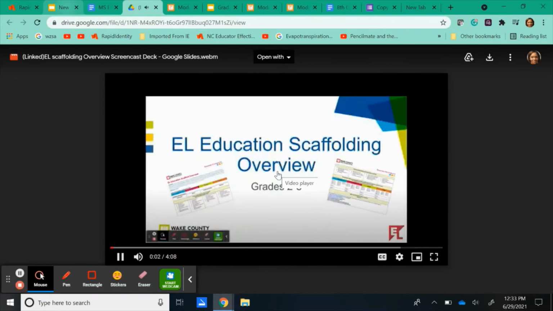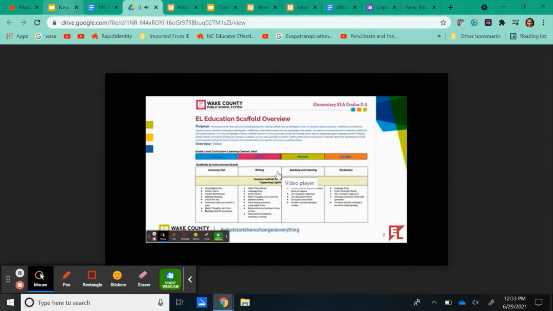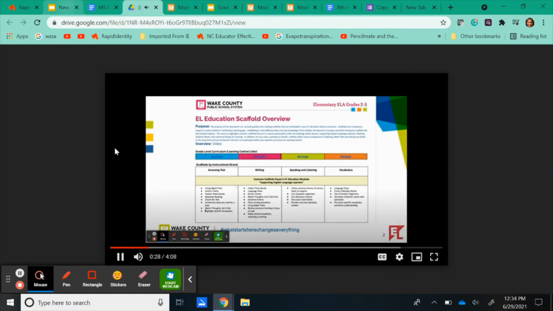Welcome. The purpose of this document is to provide guidance for utilizing scaffolds that are embedded in your EL Education District curriculum. Scaffolding is an instructional method that progressively moves students towards greater independence and understanding during the learning process. Simply stated, scaffolding is a temporary support provided to students to help them achieve a learning goal. You will find in this